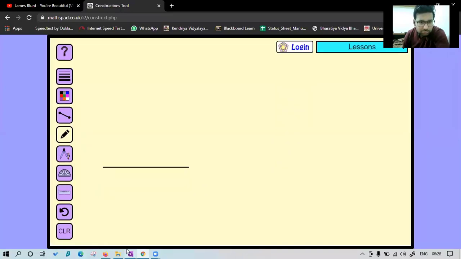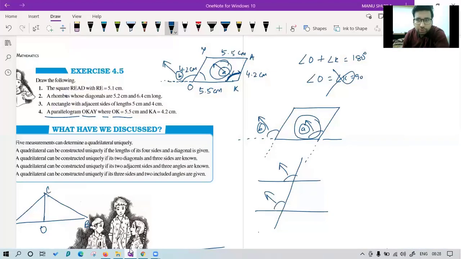So this is your base OK of 5.5 centimeter. Now we have to draw an angle. If there is any property like two corresponding angles added give a particular angle, that would not help. So this is not possible as I tried it. Harshul, this is possible, don't worry. It will be done. The problem was we don't know this angle A, so we are assuming from our side it as 60 degrees. Okay, let's see.